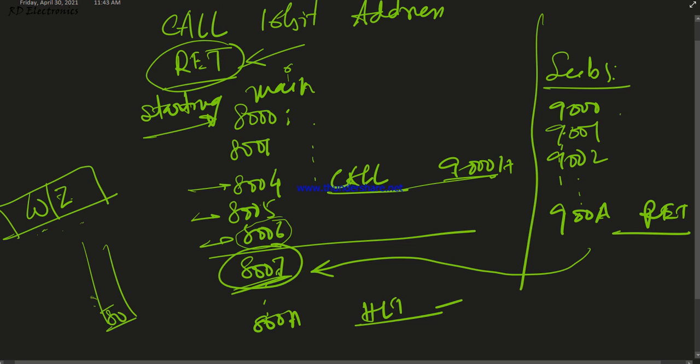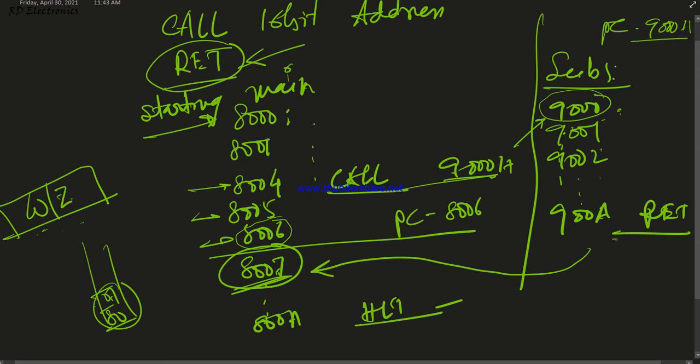In the stack the 8007 will be stored, and when it goes to the subroutine, that means the program counter content is changed to 9000. So before here the last program counter value is 8006, okay. So when it jumps to the subroutine, the program counter value is the new updated value 9000 hex, and after 9001,